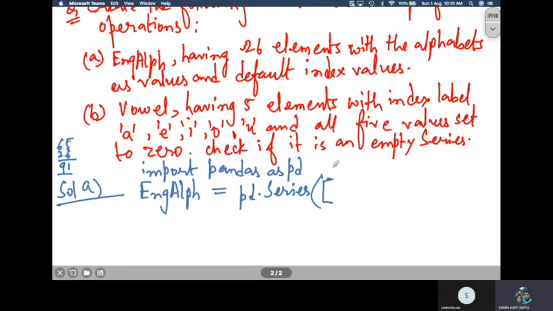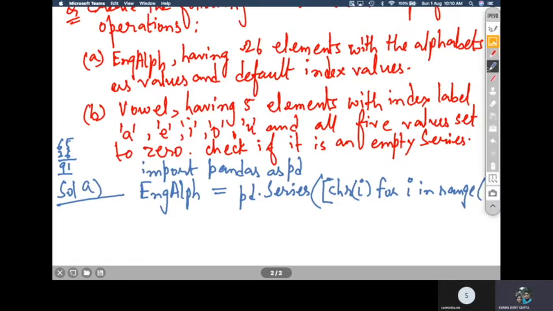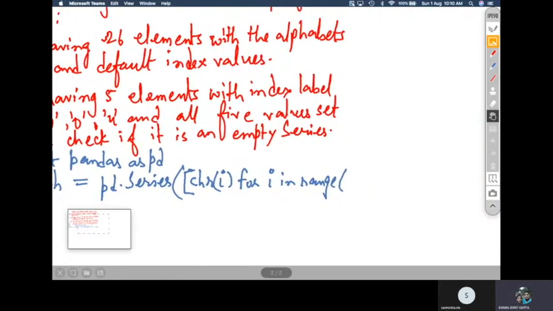So let us just try out the list comprehension. What I will write here is chr(i) for i in range, and I will start my range from 65 to 92.